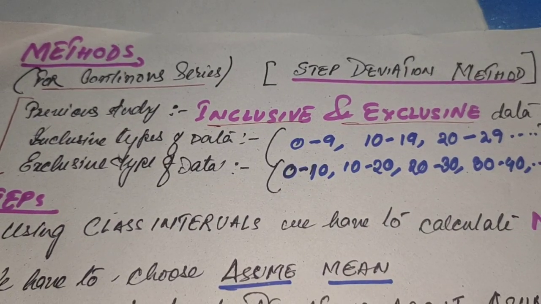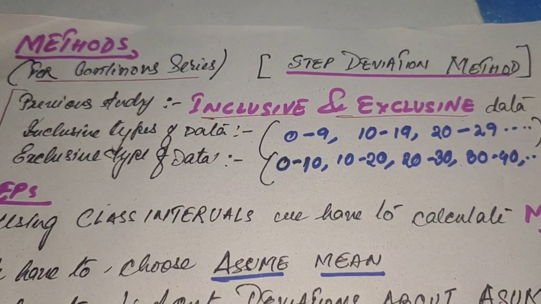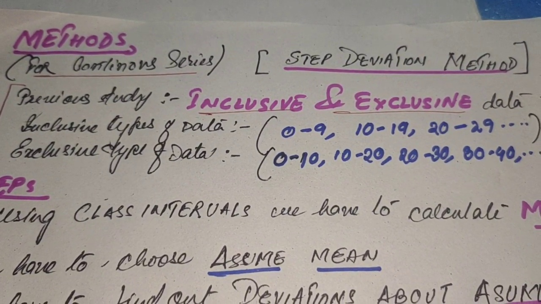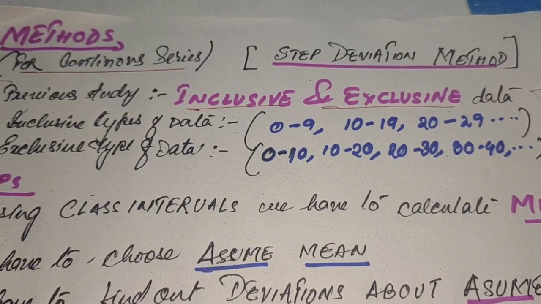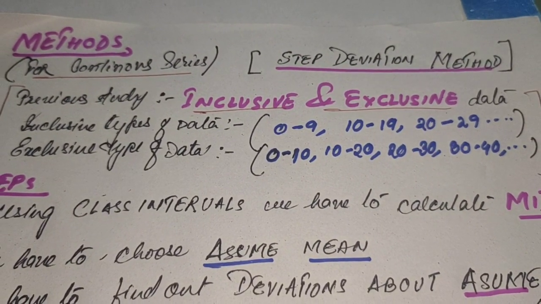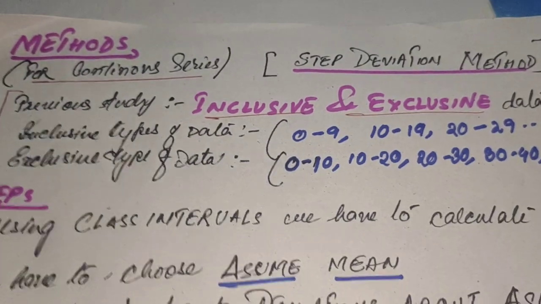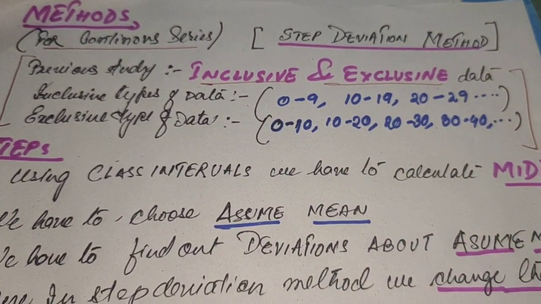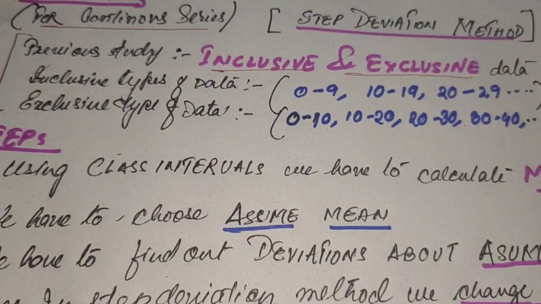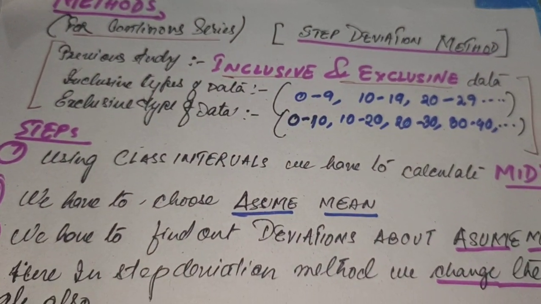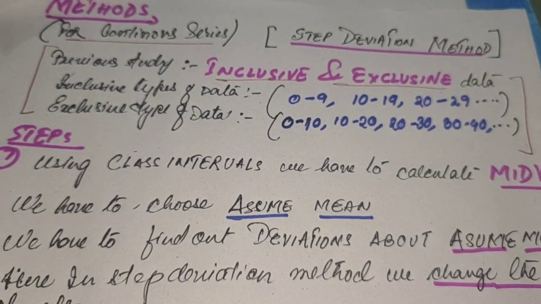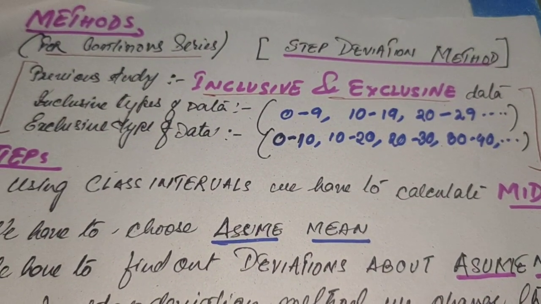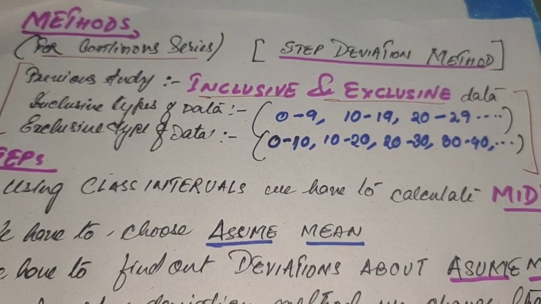This video is a continuation of standard deviation and how to calculate standard deviation of continuous series using the step deviation method. So in this second video, we'll check the different methods and how to find it out. These are theoretical steps, what we actually have to do after what. Then when we do the practical example, we can easily calculate standard deviation.